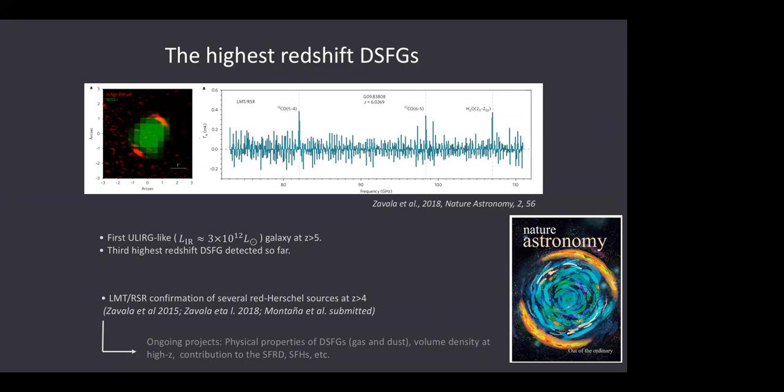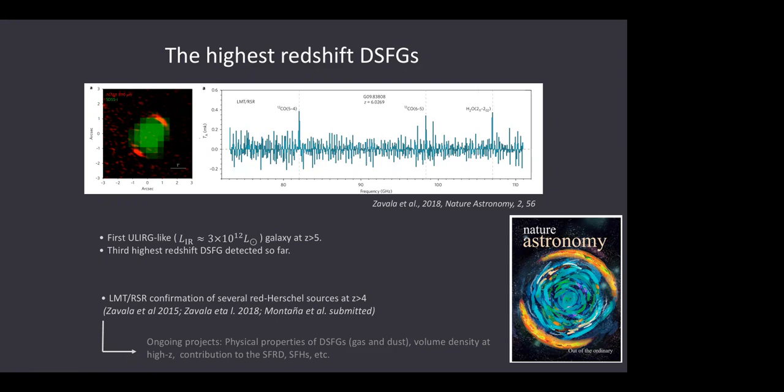And you see two CO lines and then one of the strong water lines from that object. And in 2018, when he published this paper, this was actually the highest redshift submillimeter source known, but there are now other sources like this detected and confirmed by ALMA. There is also a program where they looked at something like a dozen high redshift candidates, and in fact, many of them turned out to be about redshift 4. There's a paper reporting those results in the final stage of refereeing right now.